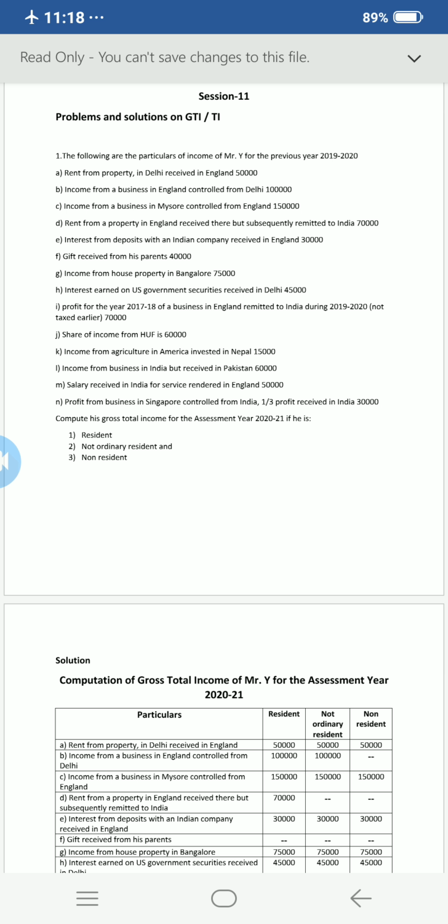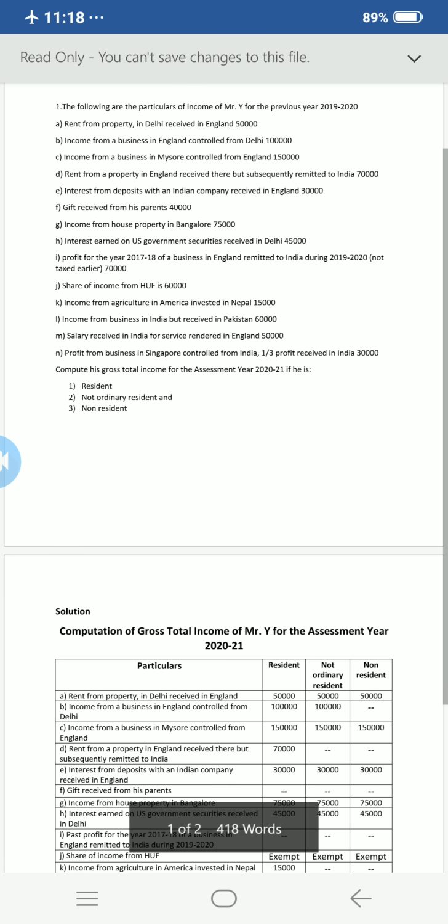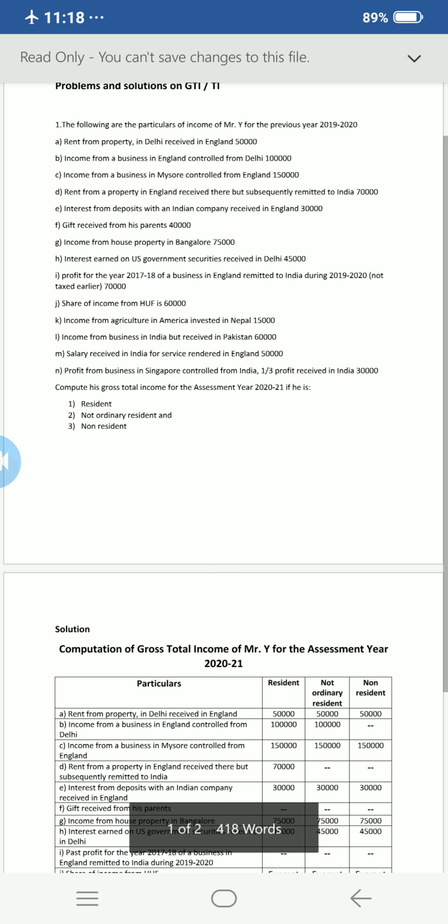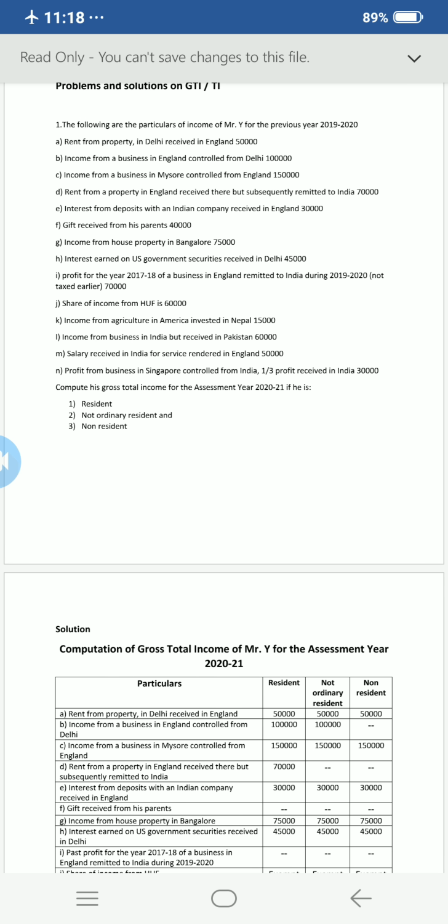So firstly, as we discussed in the earlier session, before computing the gross total income, we have to know what is Indian income and what is foreign income. Okay, so we have already discussed what is Indian income and what is foreign income. And we also discussed in the earlier session regarding the table